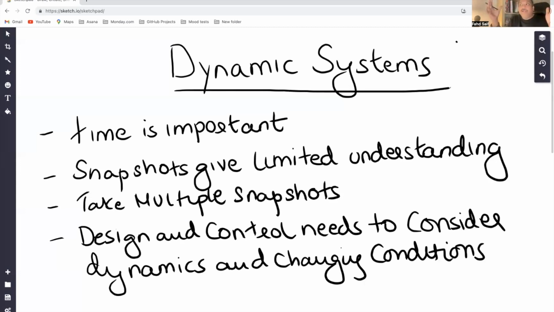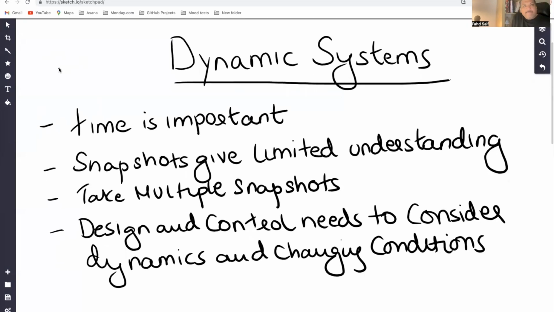And this is where token governance comes into place. We'll talk about that later. But you need to understand what dynamic systems are. And when we talk about dynamic systems, one of the most important things is a snapshot, and multiple snapshots at time intervals. When I talk about snapshots, I basically mean that within a period of time, you take a snapshot of the system, you analyze that data, and you see how the token is performing.